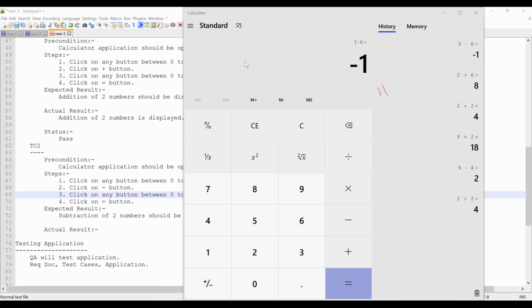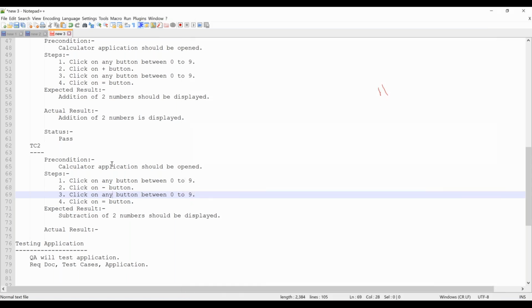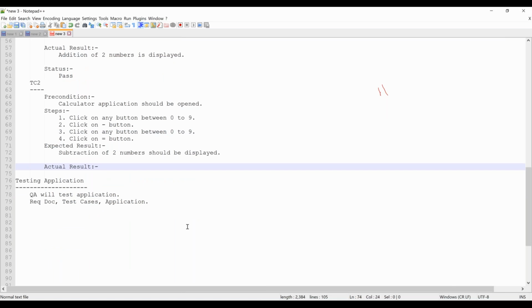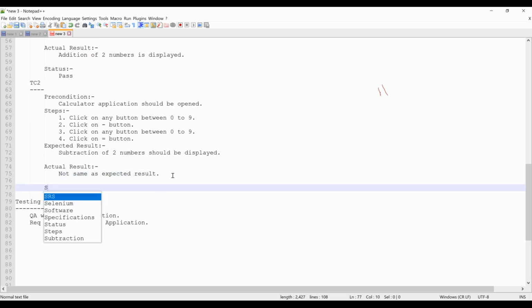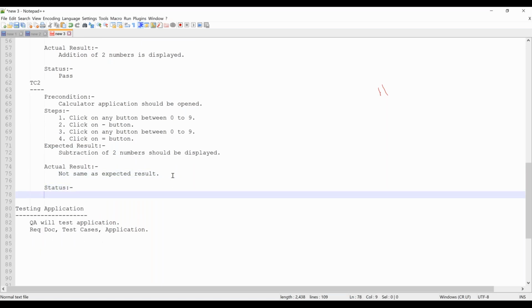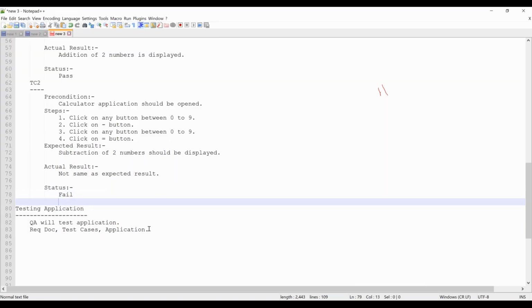So as it is displaying 11, you go to the actual result and you will say not same as expected result, right? When it is not same as expected result, obviously status will be fail. So this also comes under testing the application only.